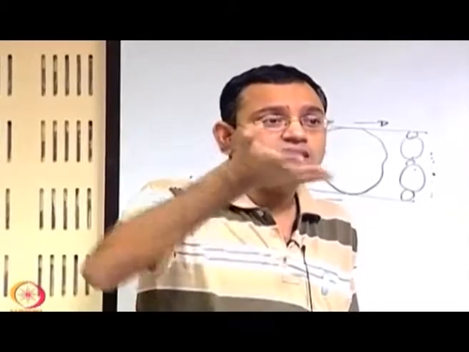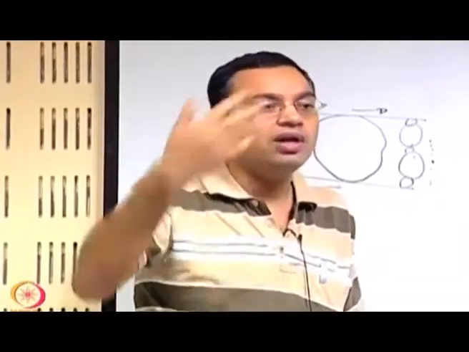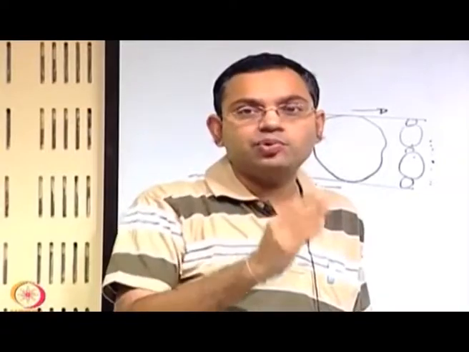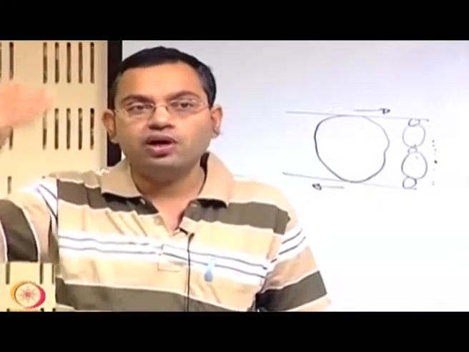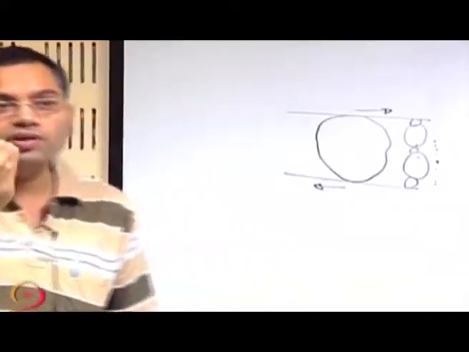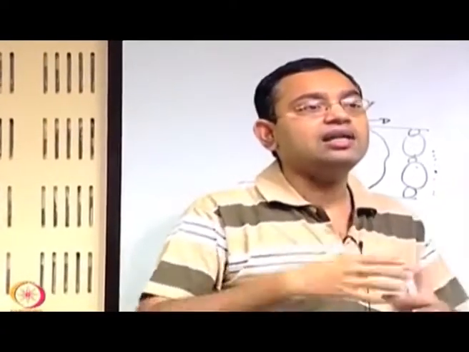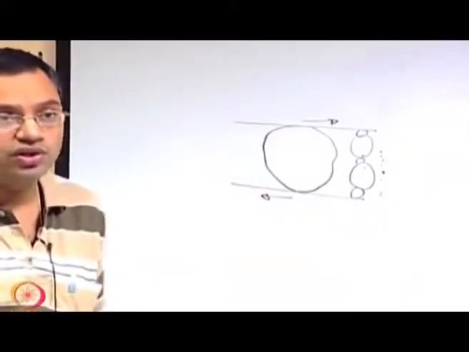It sustains because it continuously extracts energy from the mean flow and passes it on to the smaller eddies, which again pass it on to still smaller eddies. It is a continuous process, not one that stops at once, and that is how energy is passed on from larger to smaller length scales. Eventually, at the length scale where viscous effects are very important, this energy is dissipated by viscous dissipation. It is a cycle where energy is taken from the flow and dissipated by viscous action, and this cycle goes on.